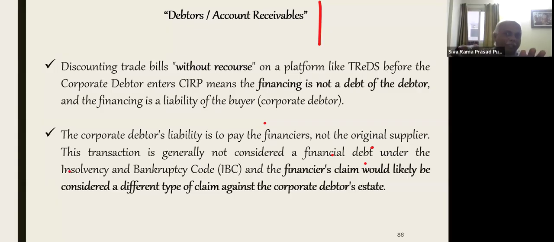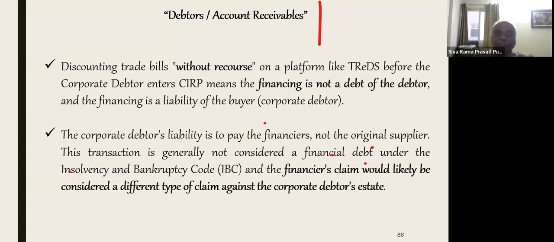What is meant by forfeiting? At this moment only, I will tell what is meant by forfeiting. There is a difference between factoring and forfeiting. Normally, factoring is used with recourse only. But forfeiting means without recourse. For export bills, if the companies exported the goods and they have given some credit to the importer, those bills are purchased by the Exim Bank. That facility is called forfeiting.